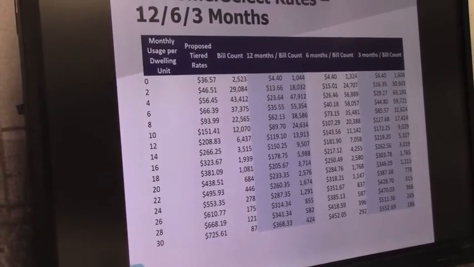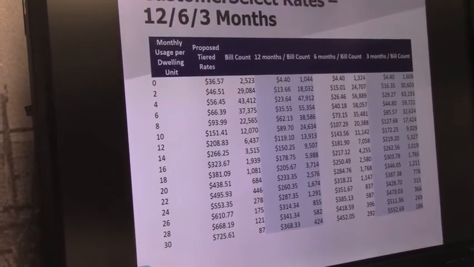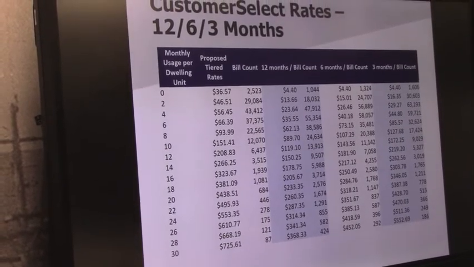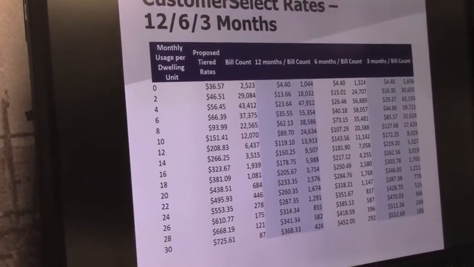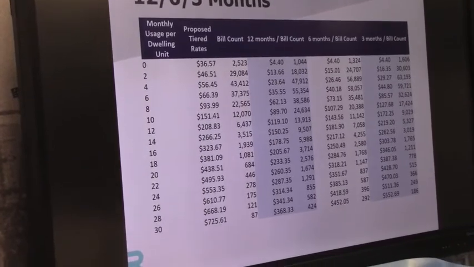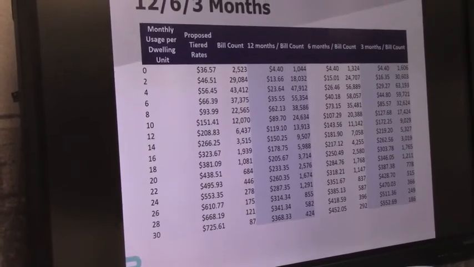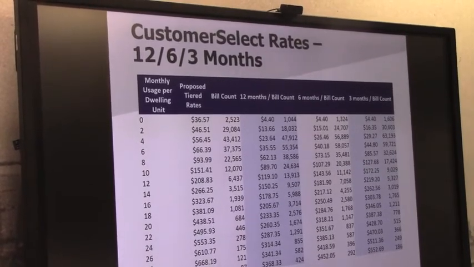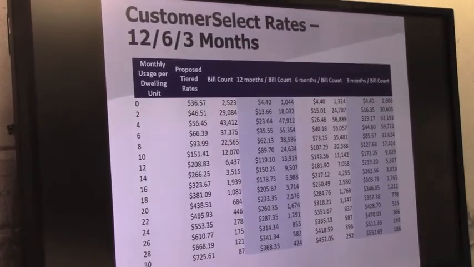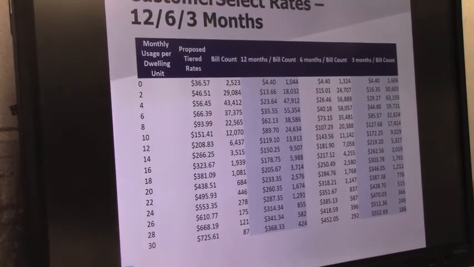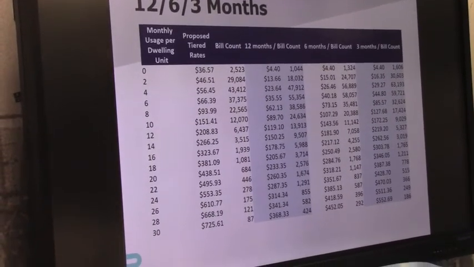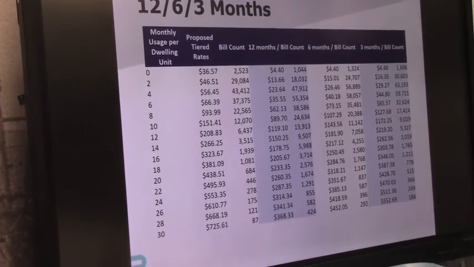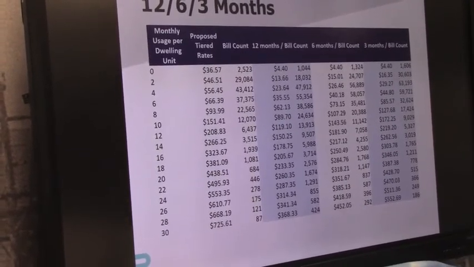So I don't think we're in a position to adopt customer select yet, so I think our administrative record is going to have to be an inclining tiered system, whatever that winds up being. But a couple of months ago, we made a decision. We did. I was kind of hoping that I was going to be able to come down to the finish line here with both, and then I would just sit on the administrative record for customer select until such time as we could implement it. Well, Valerie, what do you say to that?